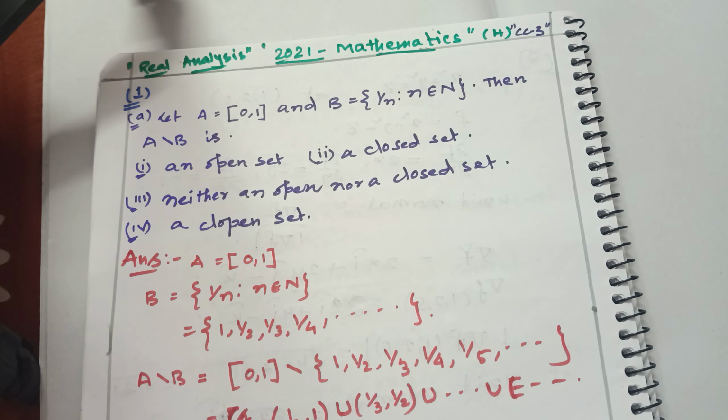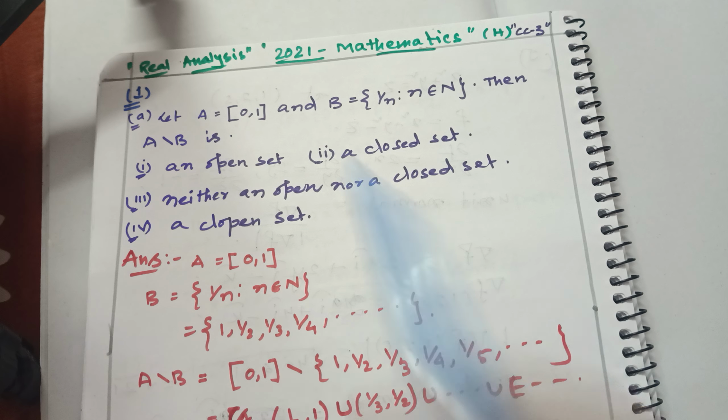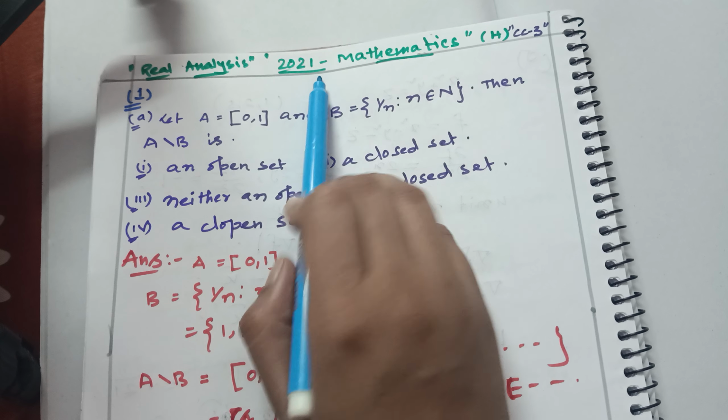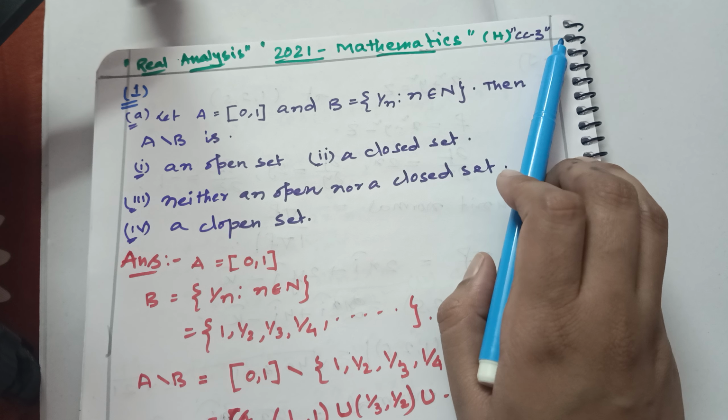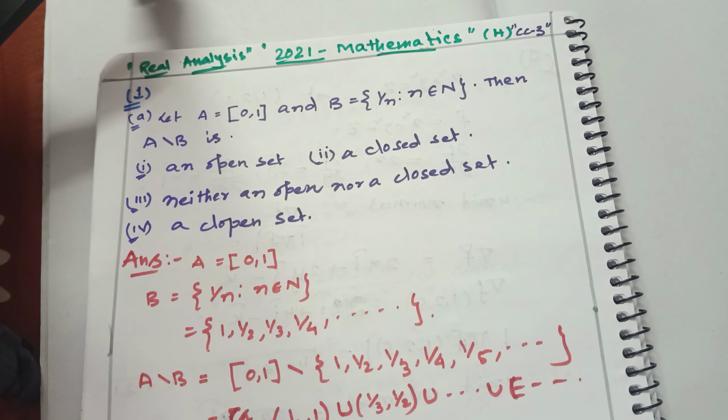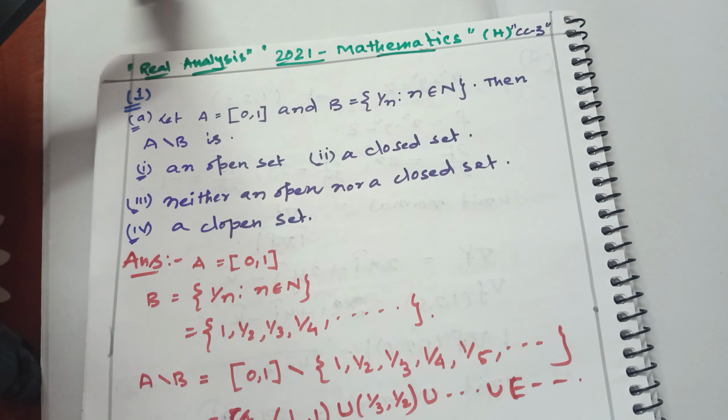Hello everyone. Today our topic is the Calcutta University year 2021 question paper, CC3 discussion. Okay. So first question: given that let A equals the closed interval [0, 1] and B equals